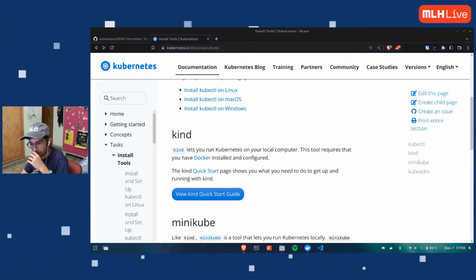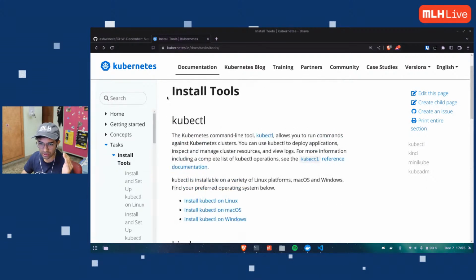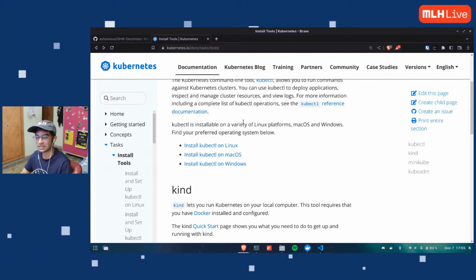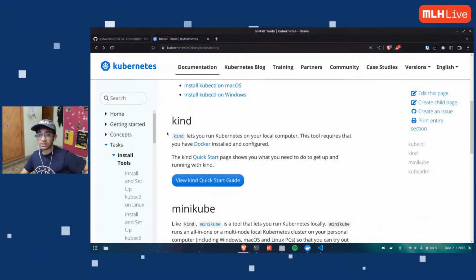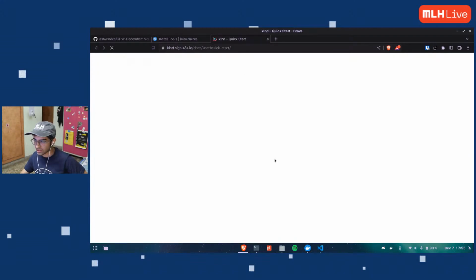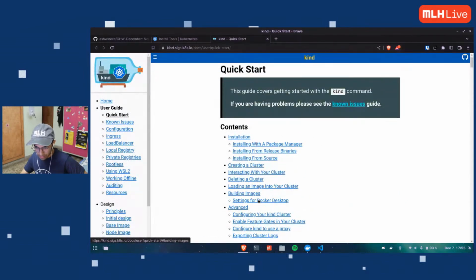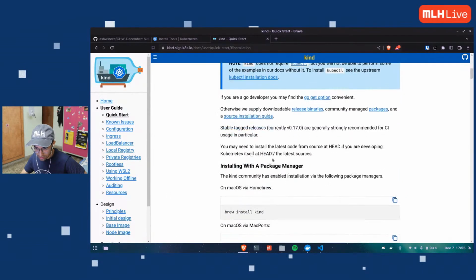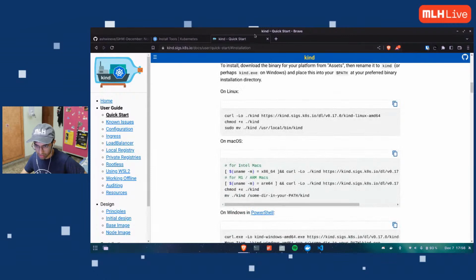Everything is there in the GitHub README too, if you want to check up on the previous day and stuff like that. So we're just going through installation. So have kubectl installed in your system. This is the one that lets me interact with the Kubernetes cluster. Second, something to run the Kubernetes cluster. So kind lets us do that. How to install this? There are a couple of ways to install kind. So there's package manager and whatnot.